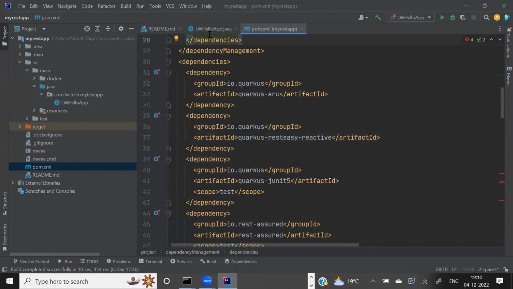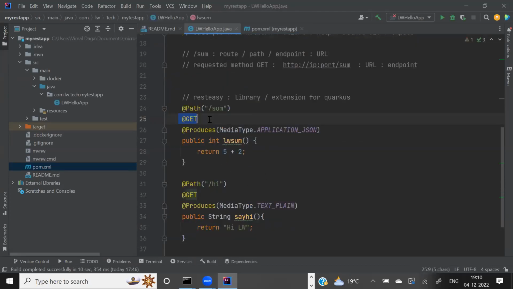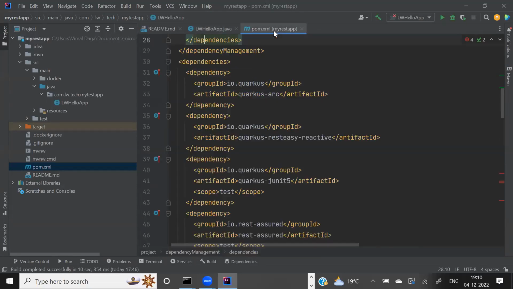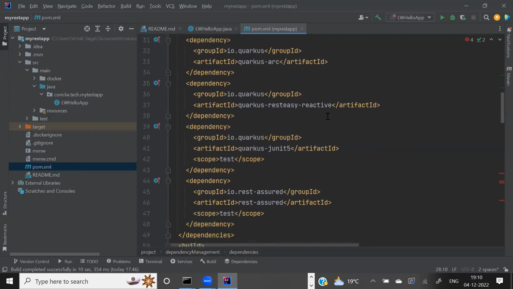Because of this library, we can use this keyword. Because of this library, these kinds of packages come to us. But we don't have any library known as JSON. So we have to add one more library here.